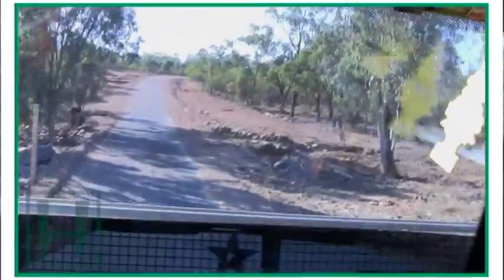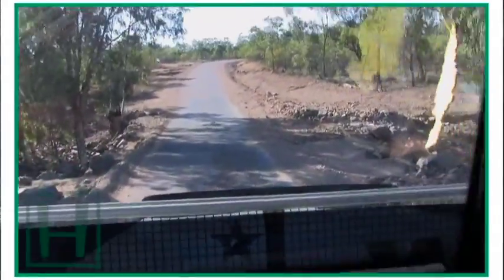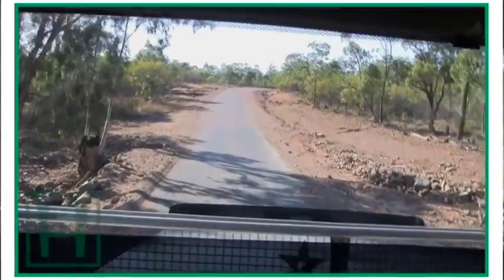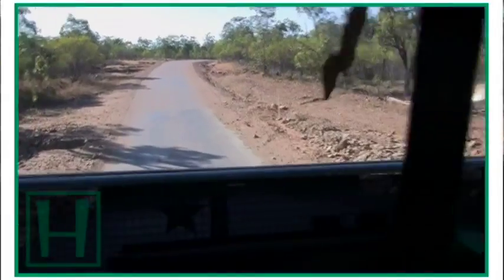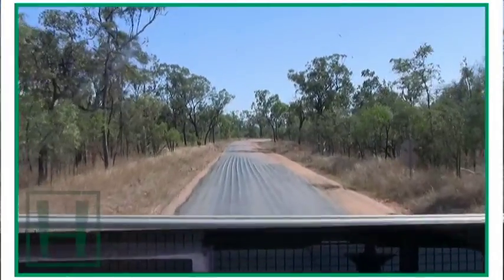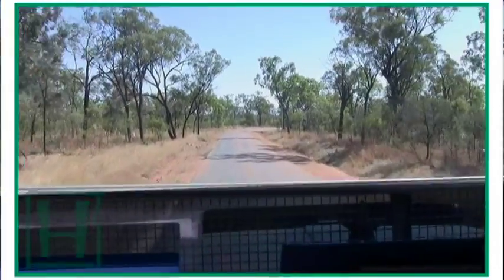This is one of our creeks that is fairly rugged on anything. Cops a fair pizzling in the wet season. The water flows through here pretty quick, but runs away pretty quick as well. She's a fairly rugged road coming in here. Not that it's that far, but it's just